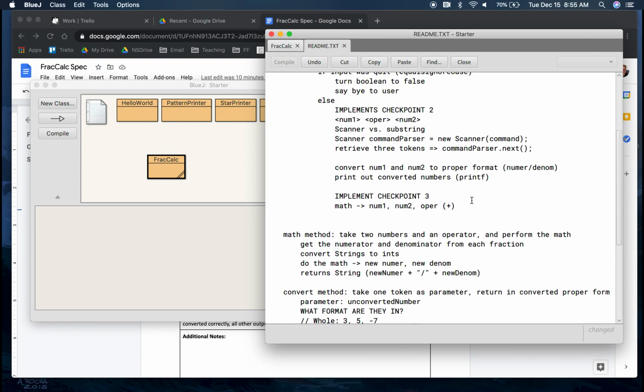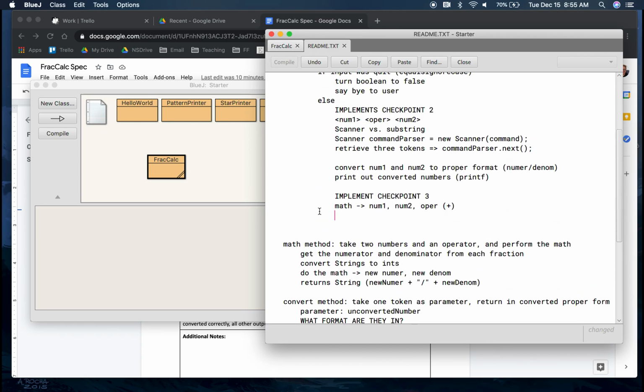So then your job will be once math is done, you might need to save that to a string. I don't know, like string result equals your math method call. And then I would say print results right here. That's what I would do. Those are my tips and tricks for how to get